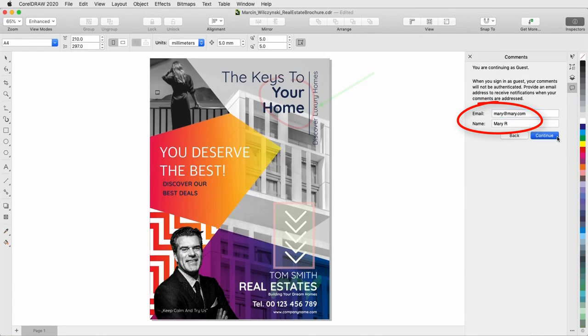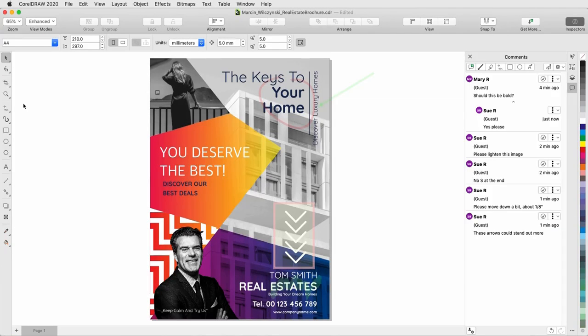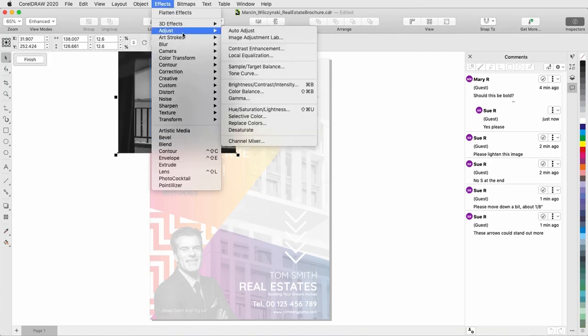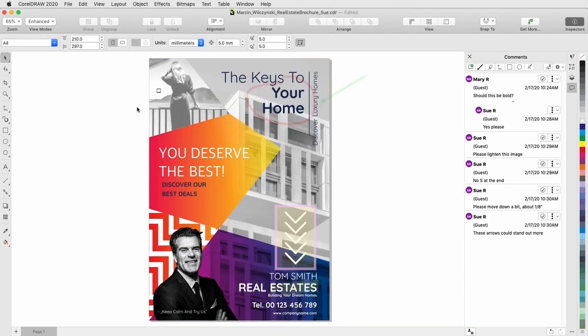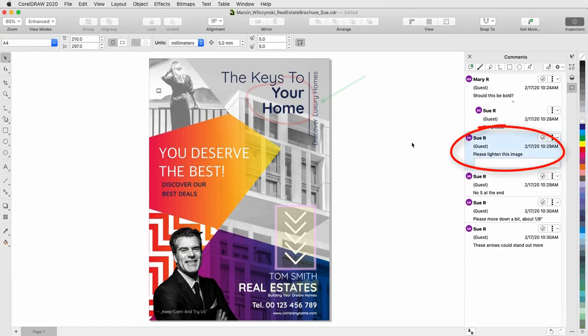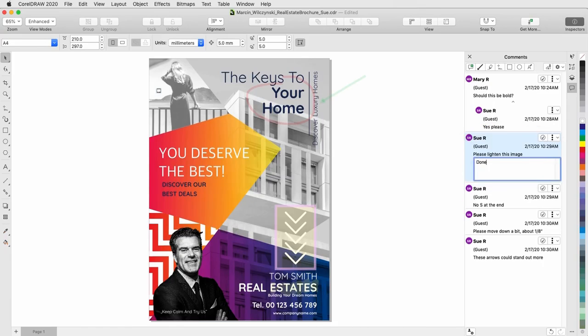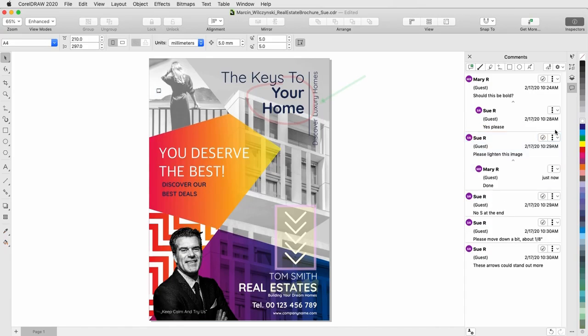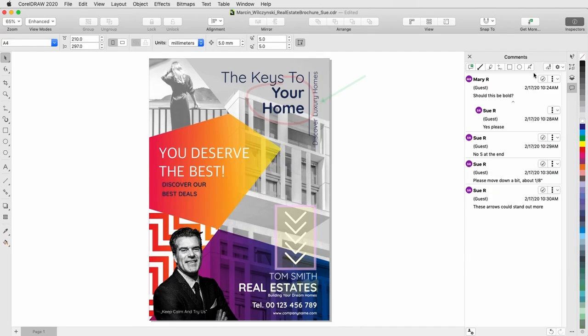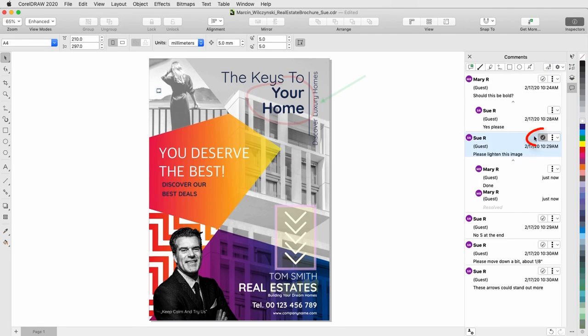I'm signed in again as Mary, and I can see all of Sue's comments and replies. I'll hover over the note, read the comment, and make the requested change. Then I'll click the note marker to open the comment in the inspector. I could reply, or if I have nothing to add, I can click Actions and choose Resolve. This hides the comment, but I can open the options and show resolved comments. Resolving can also be done by clicking the Resolve icon, which can also be used to open a previously resolved